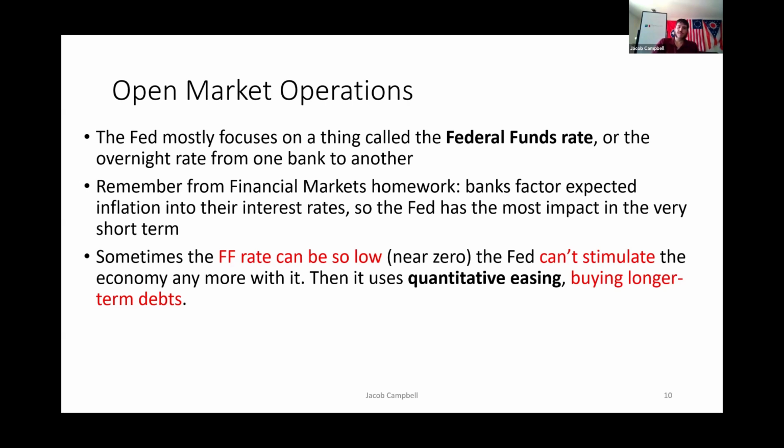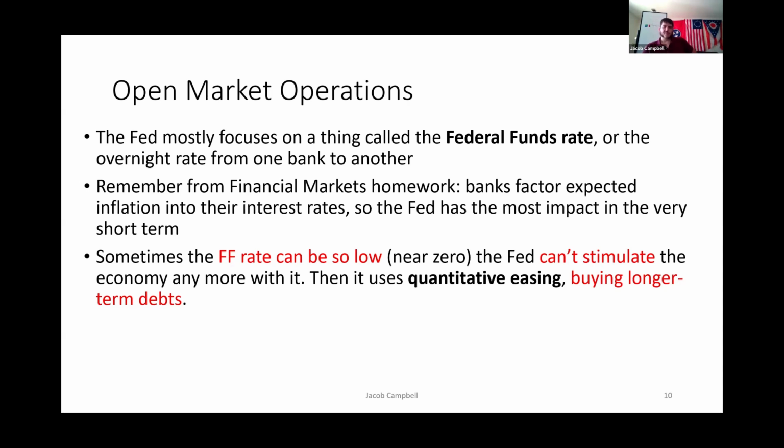So for example, sometimes the federal funds rate can be so low, near or even below zero, that the Fed can't stimulate the economy anymore with it. Keynes described this problem. I gave you more of a historical argument for why he believed that we should intervene, but he also had arguments based around certain traps you could get into, things like a liquidity trap, where the economy has essentially stalled out and it's impossible to bring it back on its own. Nobody's doing business with anyone, and so there's no basis for it to start to equilibrate.